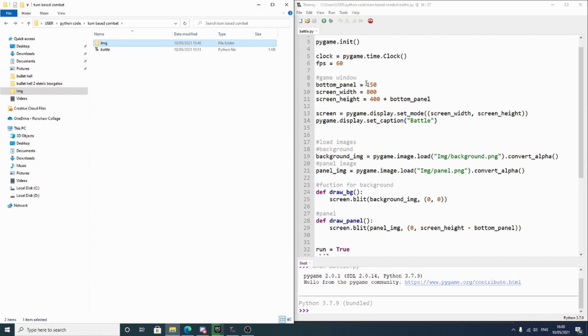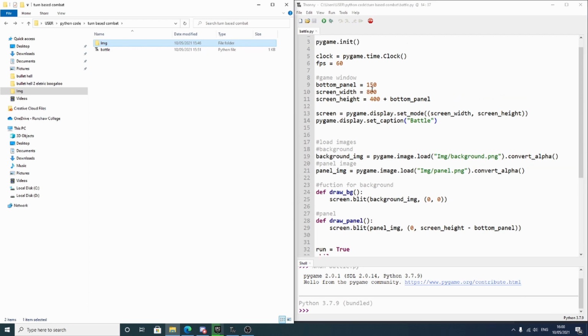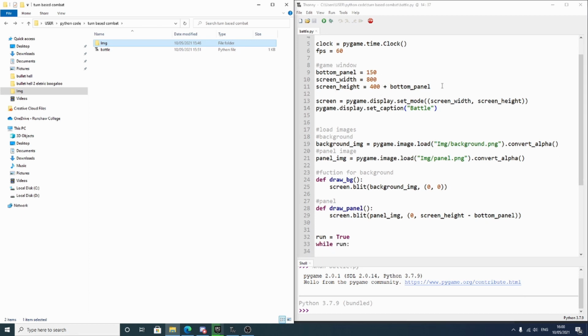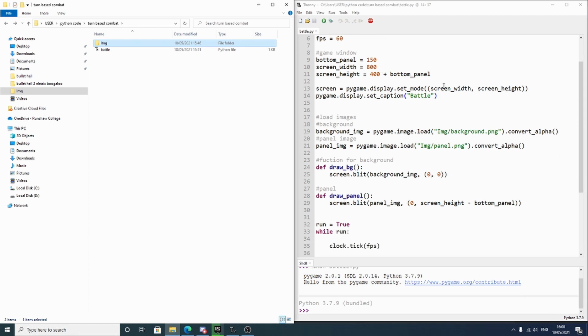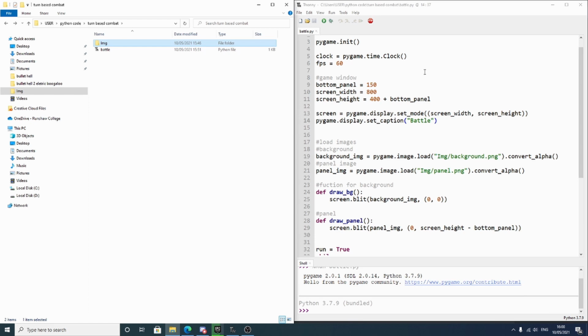So for your height, obviously, I put mine as 150. You can mess about with it if you want, depending on how big you want it to be, how small, up to you really. And you do screen height plus bottom panel, and this is for when you're drawing it. It does the screen height minus the bottom panel, so basically,